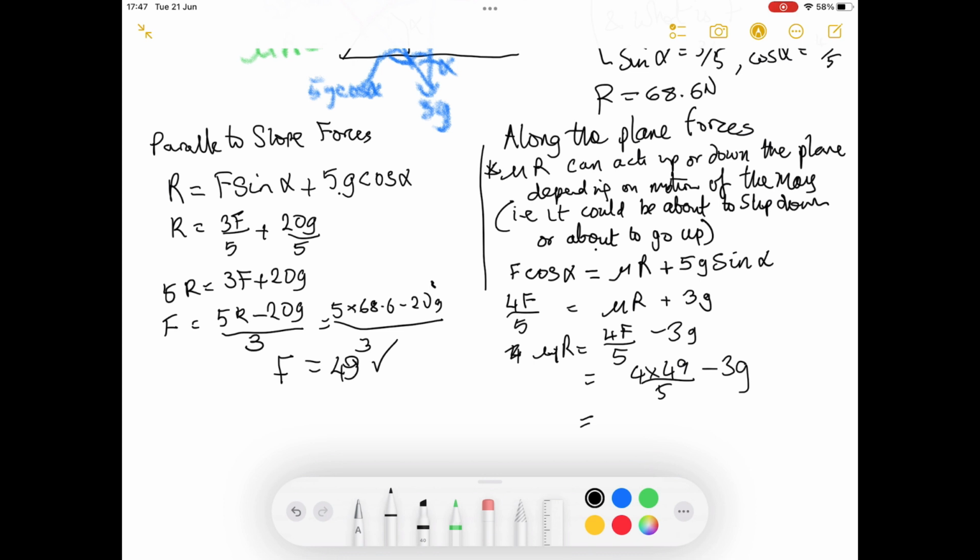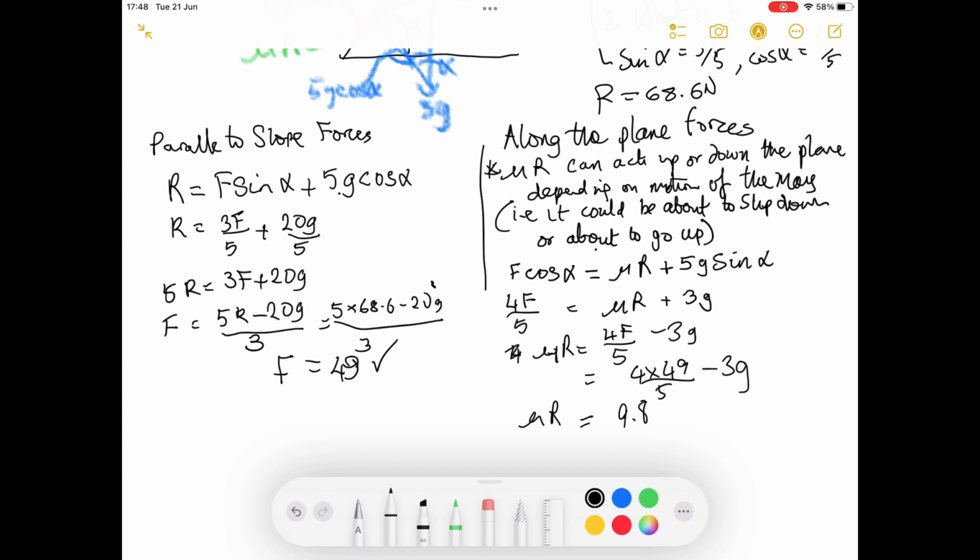And if you were to work out what mu is, you could work out what mu is because you know what R is at 68.6, and divide 9.8 by 68.6, you find it's 1/7. So it kind of depends what you need to do. Right, so mu R equals 9.8. So that is the first part of the question. Hope that made sense. For F equals 49, mu R equals 9.8,